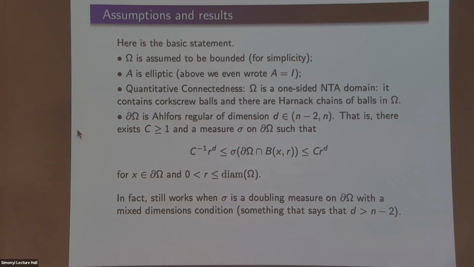So let's imagine that I'm taking sigma equal to some function, let's say h, times the constant measure, dimension d. Okay, and then you'll find out that when you write down the equation, I'm essentially taking my constant a and multiplying it by h of the point. So this is my way of saying, you know, there was this question, but is a constant? And I said, yes, a is constant. But since I can compensate by taking a surface measure sigma that moves, a does not need to be constant, but in this business, it has to stay bounded from below and above. Okay, okay, and then it's for the same price.